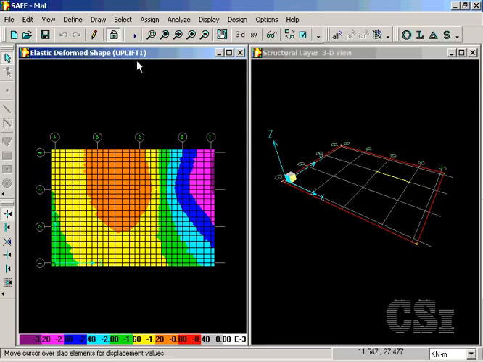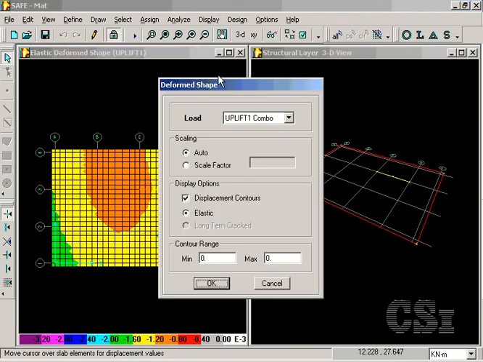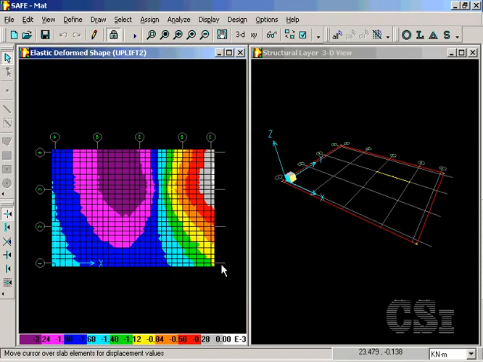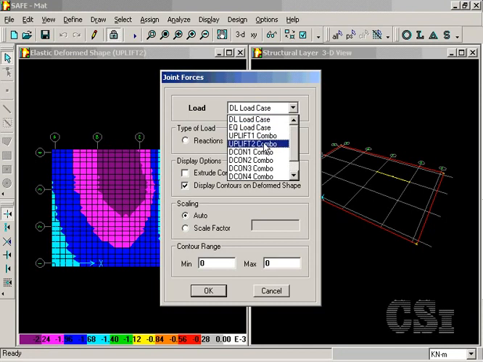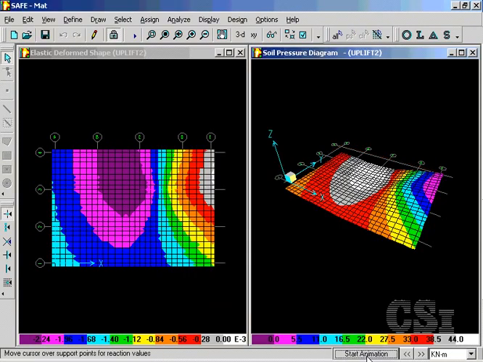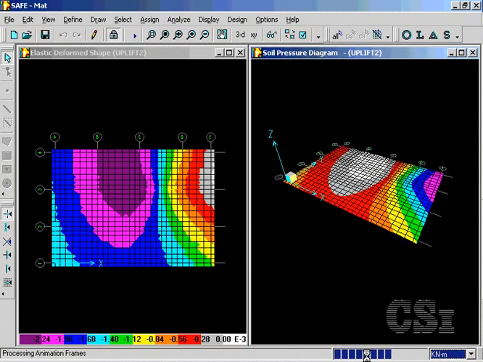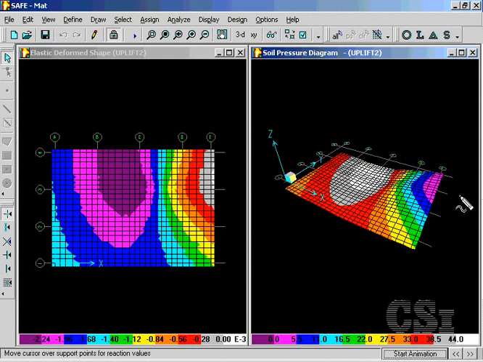The deformed shape for the uplift 1 load combo is displayed on the left. However, it is load combo uplift 2 that we are interested in, so we will resize the display. In the right view, we will display the soil bearing pressures for this combination. Note how the soil bearing pressures do not go below 0, indicating that